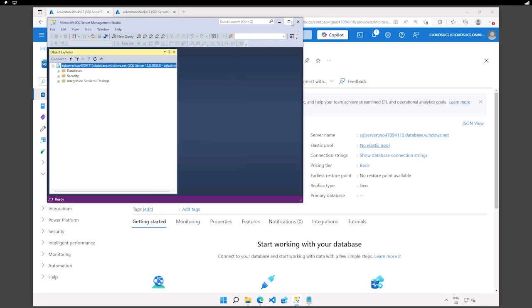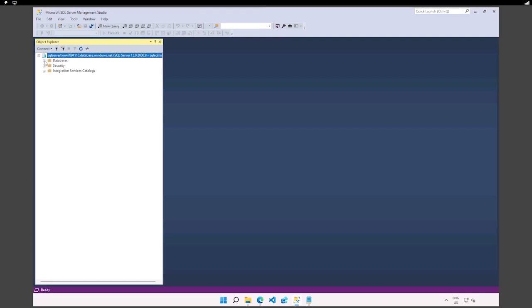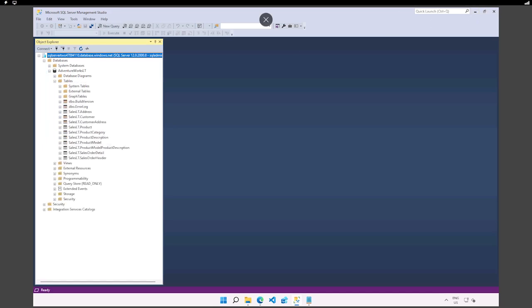All right, perfect. So now we connected. I'm going to expand this a little bit. And now we can see that the database is there, right? So we did not create a database. That database got replicated. So we have the constant replication right now because it's part of that geo-replication, right? Very interesting option that we have here. So it got created with it.